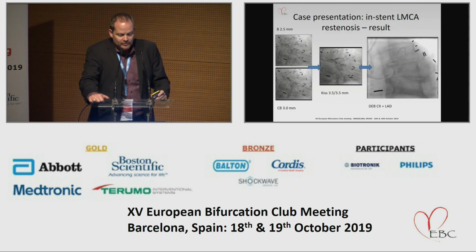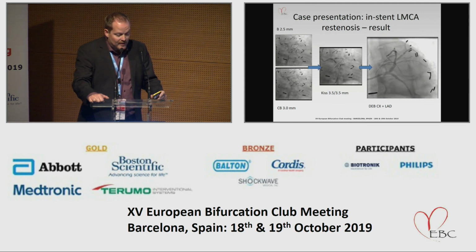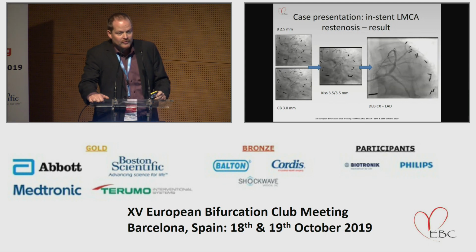So how was this treated? Basically, first of all, a normal balloon was used in the top left, but you can appreciate here that the 2.5 balloon did not open very well. So a cutting balloon was used, a 3.0 at the bottom, after which kissing was performed with two 3.5